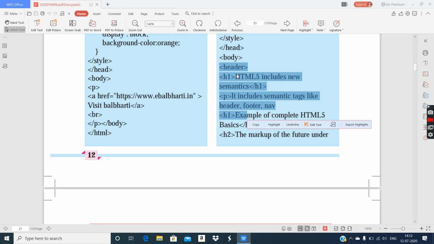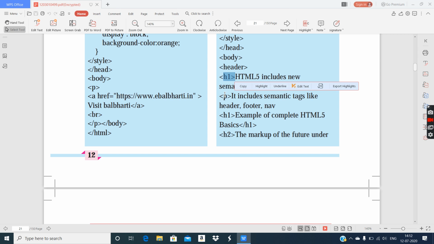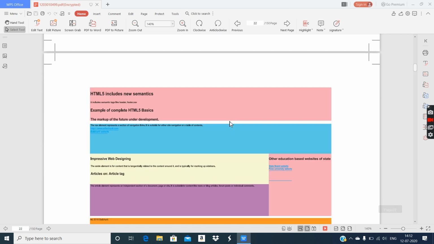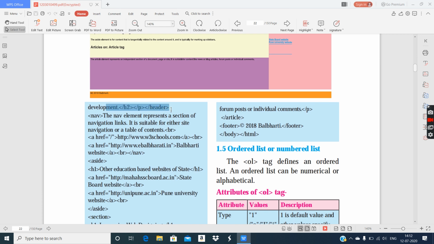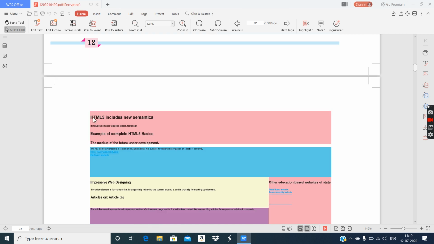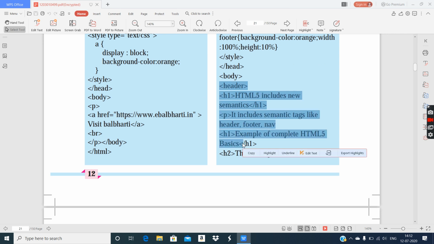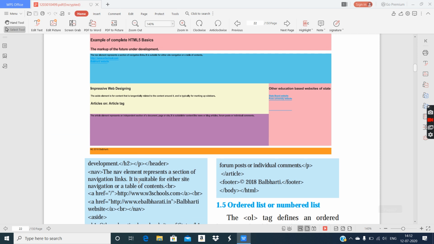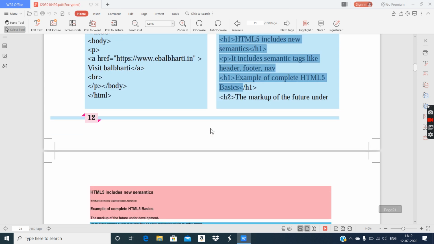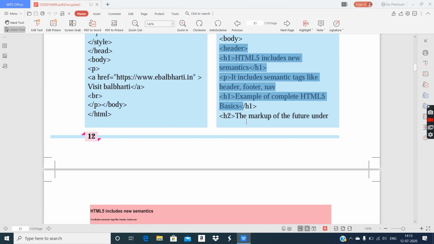Now header is a container. Okay, now in this header container, what do they give? Use of one level 1 heading, p tag, level 1 heading once again, header level 2, and finally header closes. So we can see here heading level 1, paragraph, heading level 1 once again, heading level 2. So each semantic tag is like a container, and it is a paired tag. All the tags in semantics are paired, and you can use multiple tags the way you want.